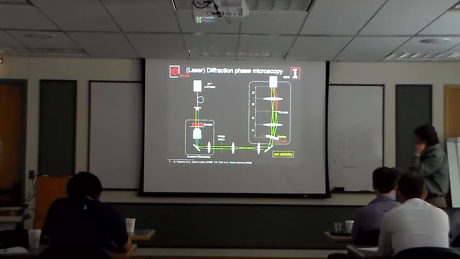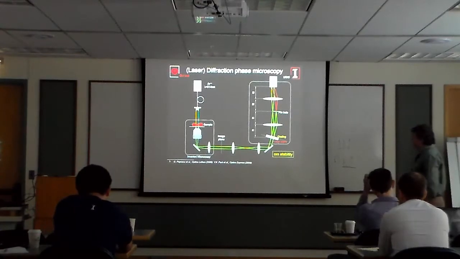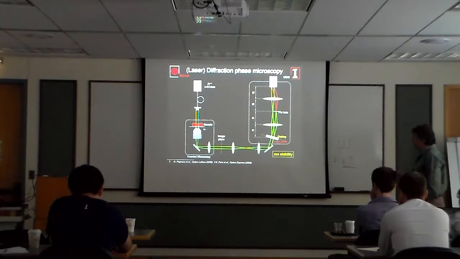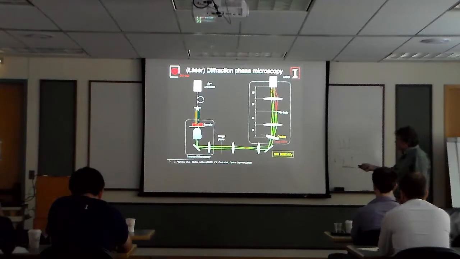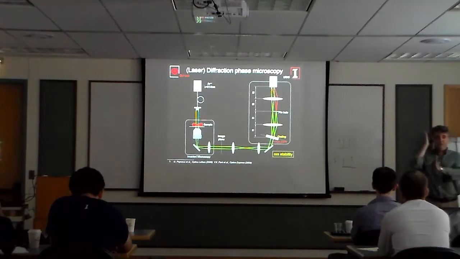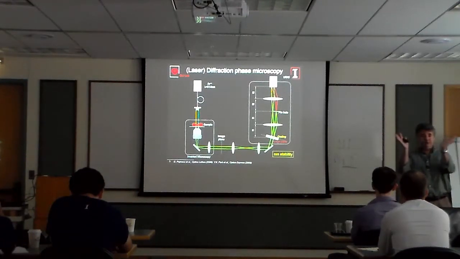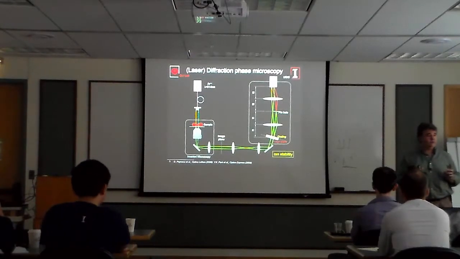So this setup that was published in 2006, a long time ago, is actually very, very simple. You take a laser, you couple it into an existing inverted microscope that basically gives you an image plane right here. And we use a telescope, you can ignore this part here. Basically, this is the image plane relayed at another plane with some magnification. But the idea is that here we put the grating. So at the image plane, you put a diffraction grating that splits the light into different beams, different diffraction orders.